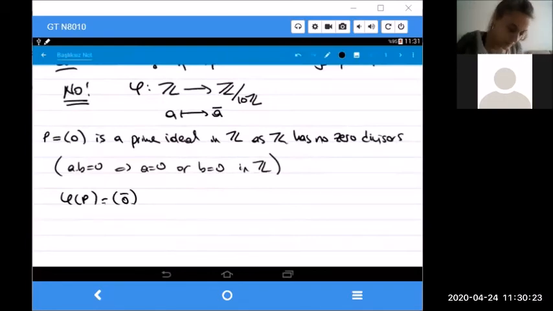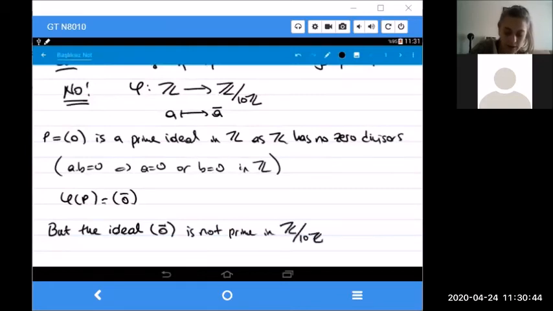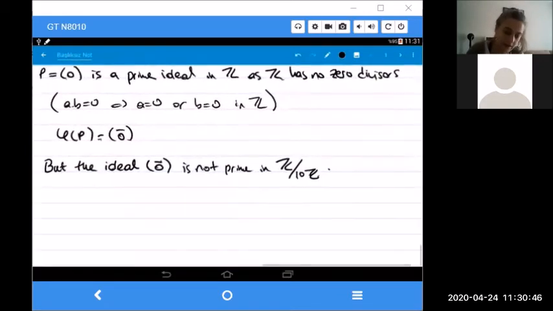Okay. But here in Z over 10Z, we have zero divisors. But the ideal generated by the modular class of 0 is not prime in Z over 10Z. For this one,